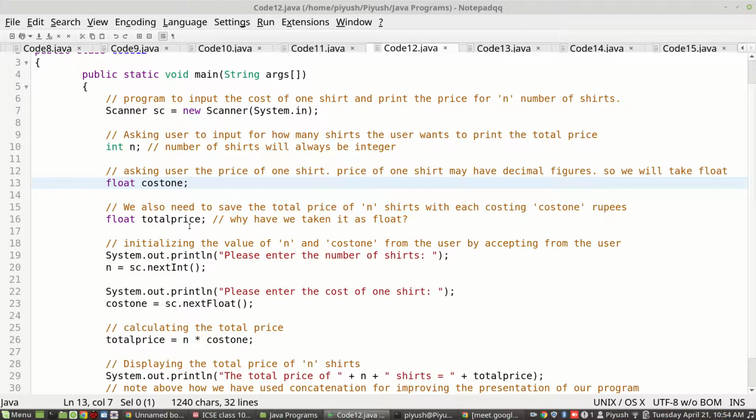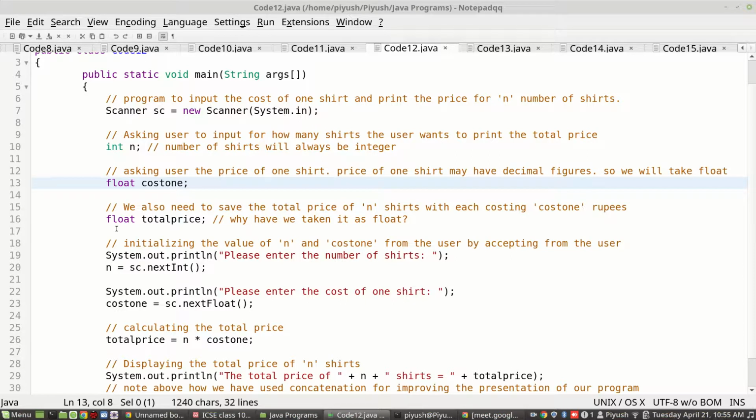Now you need to create one more variable. Why? Because we need to compute the total cost of n shirts at this much rupees for each shirt. In order to store that result, you need to create one more variable. So I have created another variable known as total price. See, I have again taken a relevant name. So why are we taking float here? Let's say the user gives 100.50 and the user has purchased 2 shirts or 3 shirts, then the answer will come in float, because one of the values is float.